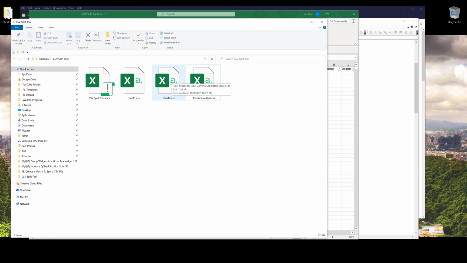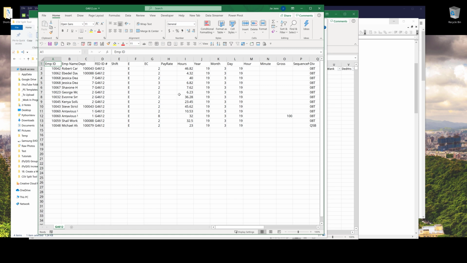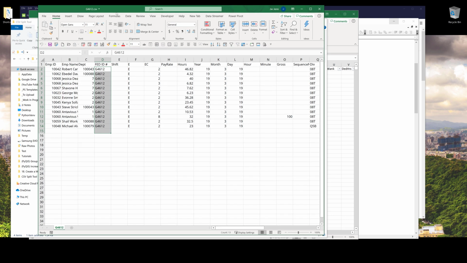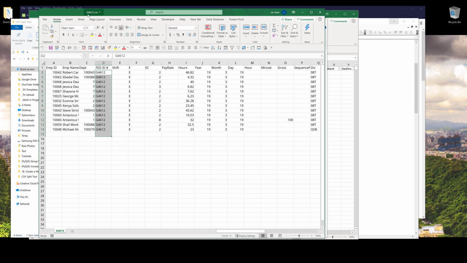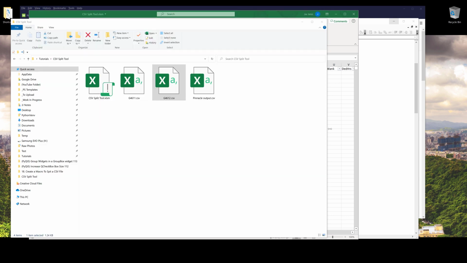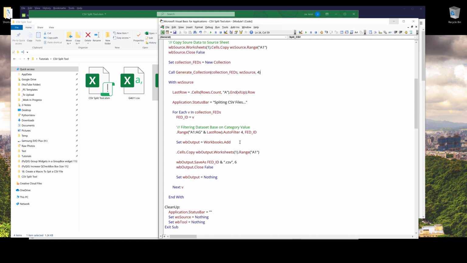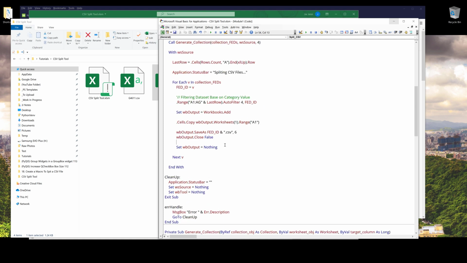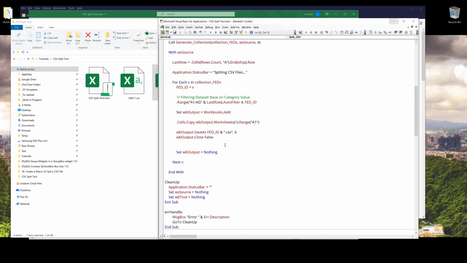So let me open the second file just to make sure that we're getting the correct data set. If I look at column D, all the FED IDs are G4612, which matches what we have based on the file name. And there are a couple of things I want to clean up. So here, let me go back to the VBA code. Inside the loop, I want to make sure that